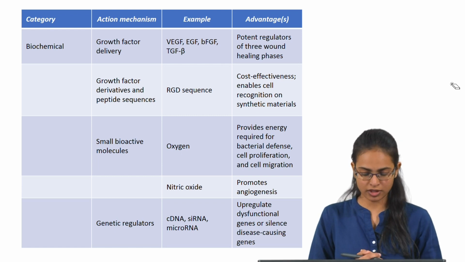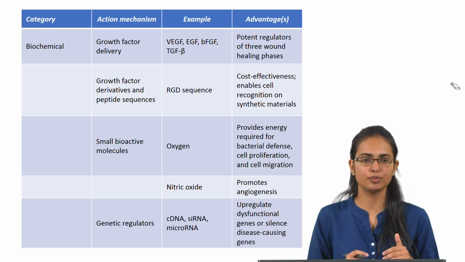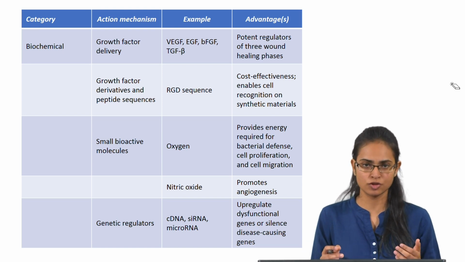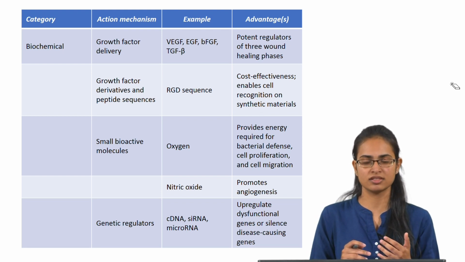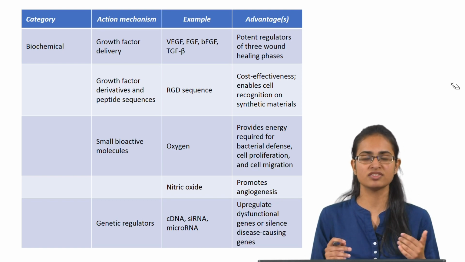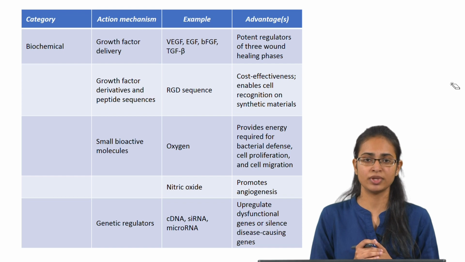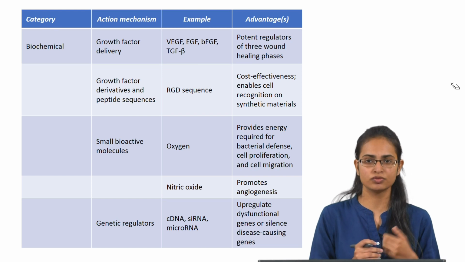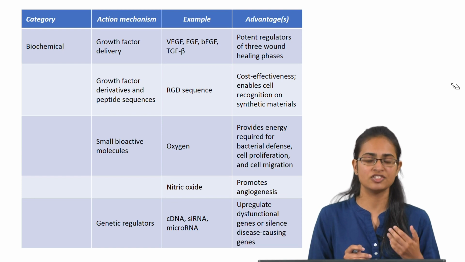Another bioactive molecule that can be incorporated into tissue engineered grafts is nitric oxide. Nitric oxide is synthesized by nitric oxide synthase. This enzyme is present in 3 isoforms and all 3 isoforms have been found in the skin, in skin cells such as dermal fibroblasts and keratinocytes. Two of the isoforms are constitutively expressed and another one is expressed by inducible expression. It is involved in various stages of wound healing, especially angiogenesis. This enzyme is very important for VEGF activity.